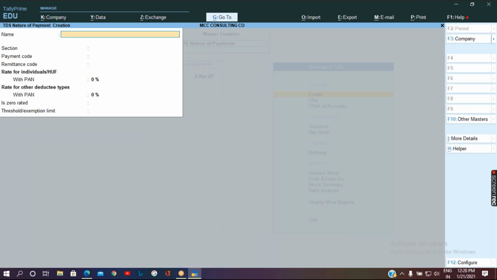Here we are supposed to specify that particular nature of payment which we are doing and deducting the TDS at that particular type of transaction. So let me take it. It is payment to contractor.